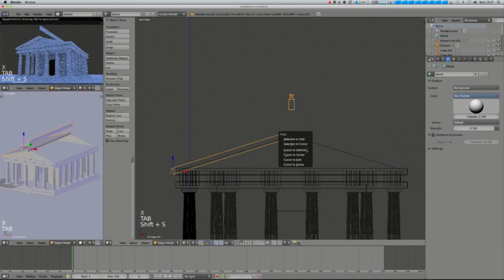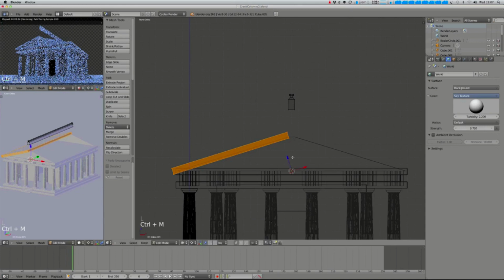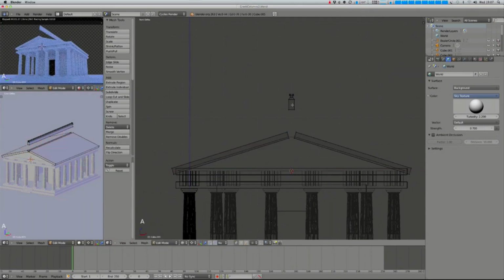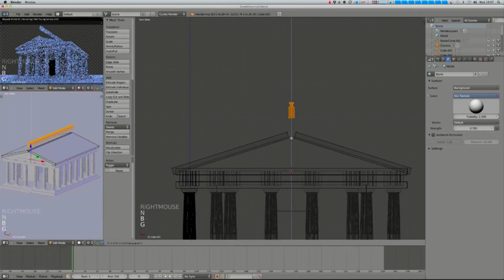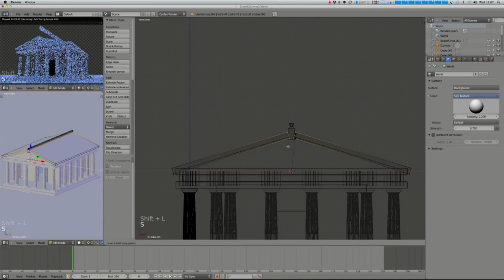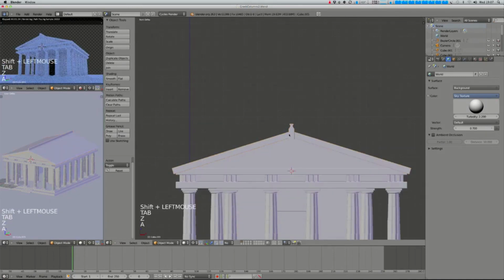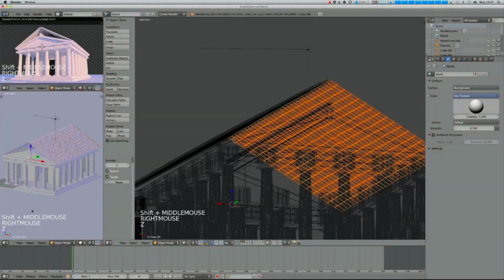And rather than do the same for the other side, I'm just going to delete the other side, and then duplicate and mirror the side that I've got right, and then move down this top piece here. And it looks like I just need to bring these in very slightly. There we go. And then for the tiles,